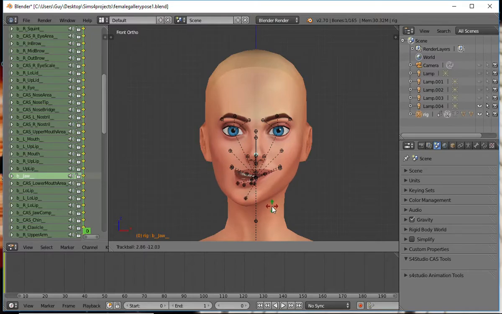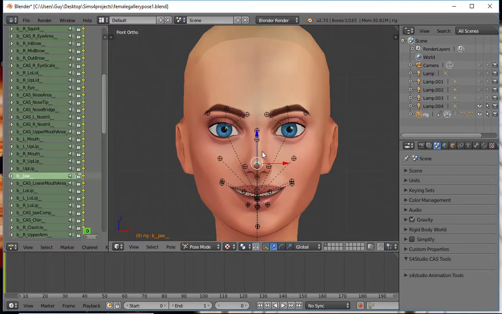Okay, so we'll just open that a little bit. So with the jaw you can use either a double tap of the R key or the G key. Right, mouth is open slightly. There we are. Okay, right, for eyes,